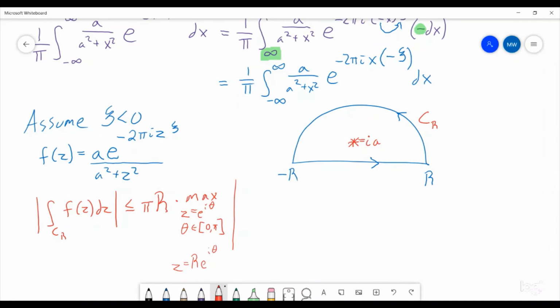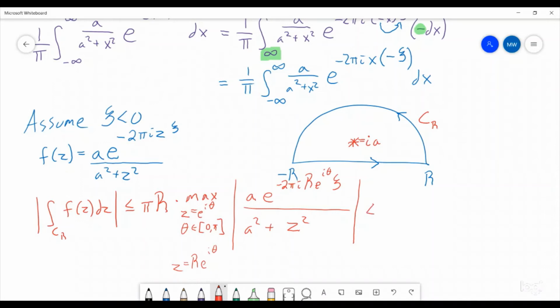So that's going to be a times e to the 2 pi i r e to the i theta c, all over a squared plus z squared,